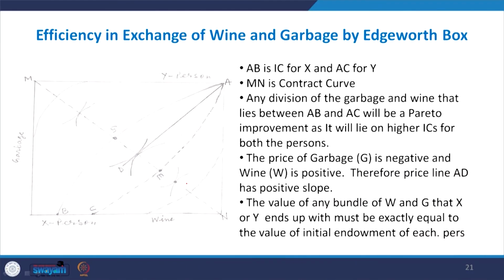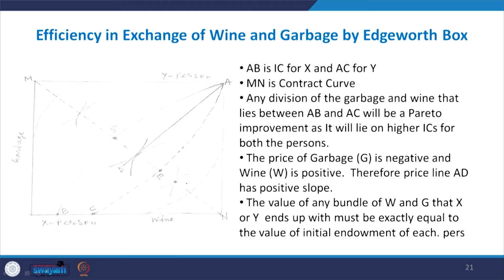The initial factor endowments are at point A, and X person's indifference curve is AB, Y person's indifference curve is AC, and the area between A, B, C is actually the pie, which can be distributed between the two depending